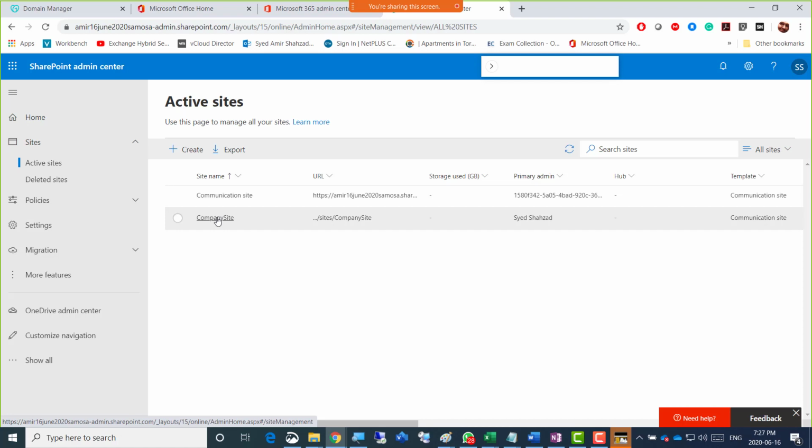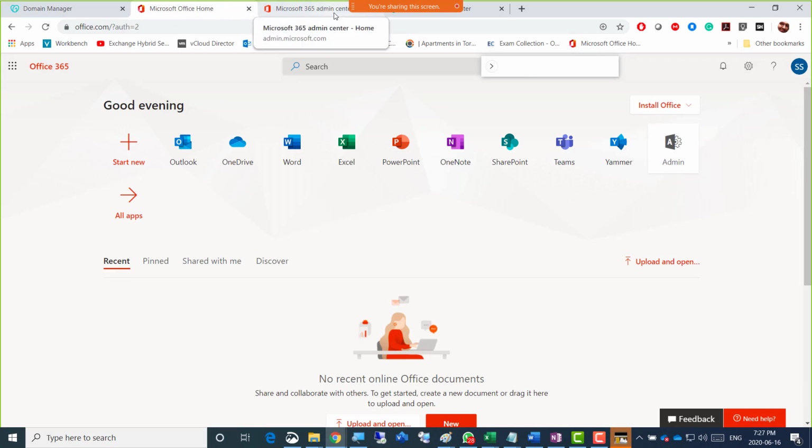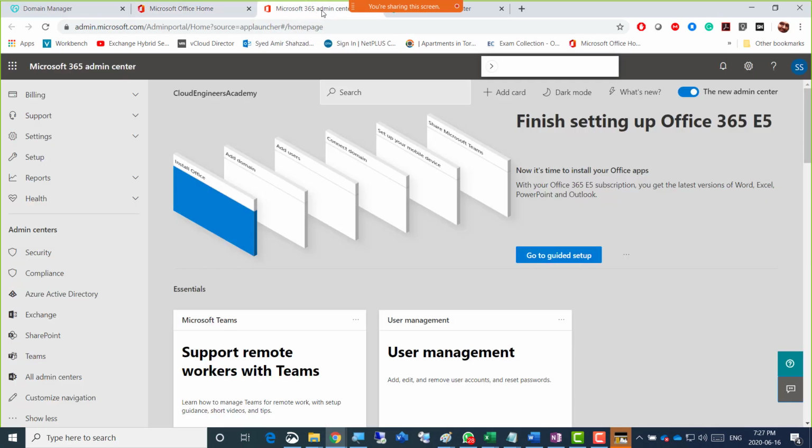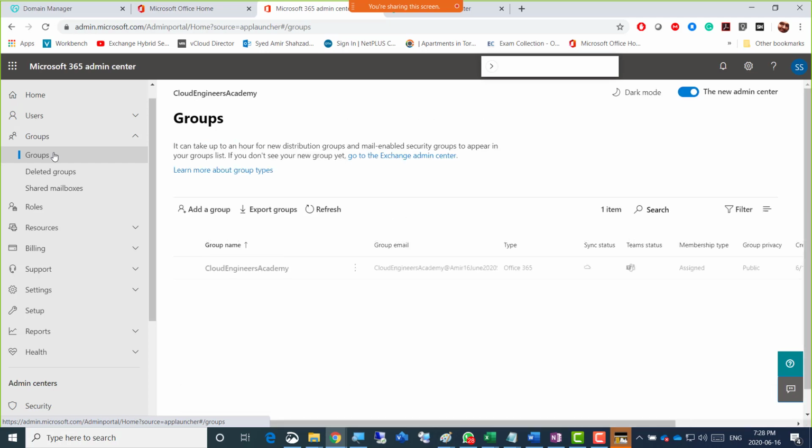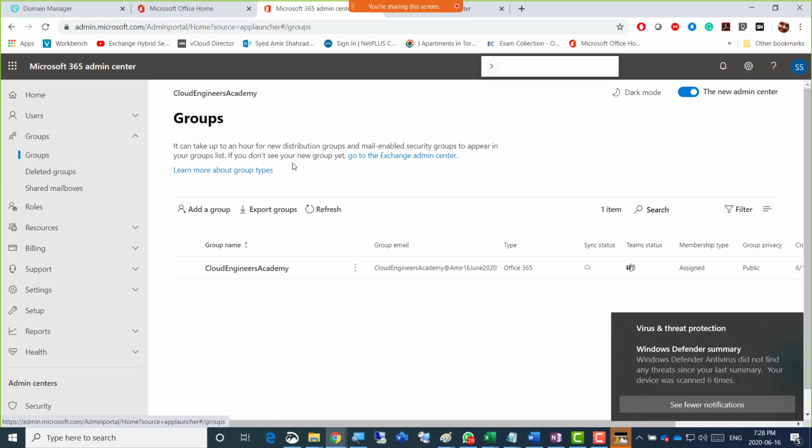So now, if that is done, and guys, what Nazmul was saying there, let's just do that too. We can just go to the Office 365 Admin Center because we're in SharePoint now and we can check it as well. That's very good to just put it in front of us. So we can go to Office 365 Admin Center and then there are groups here as well, and then there are the groups that we created there. For Exchange server, go to the Exchange Admin Center. It says here as well if you want to create groups.